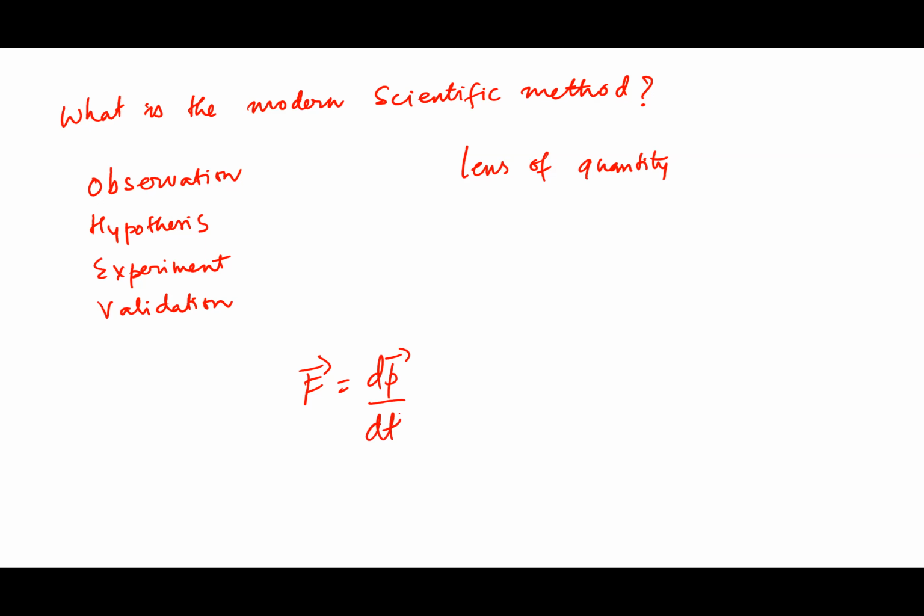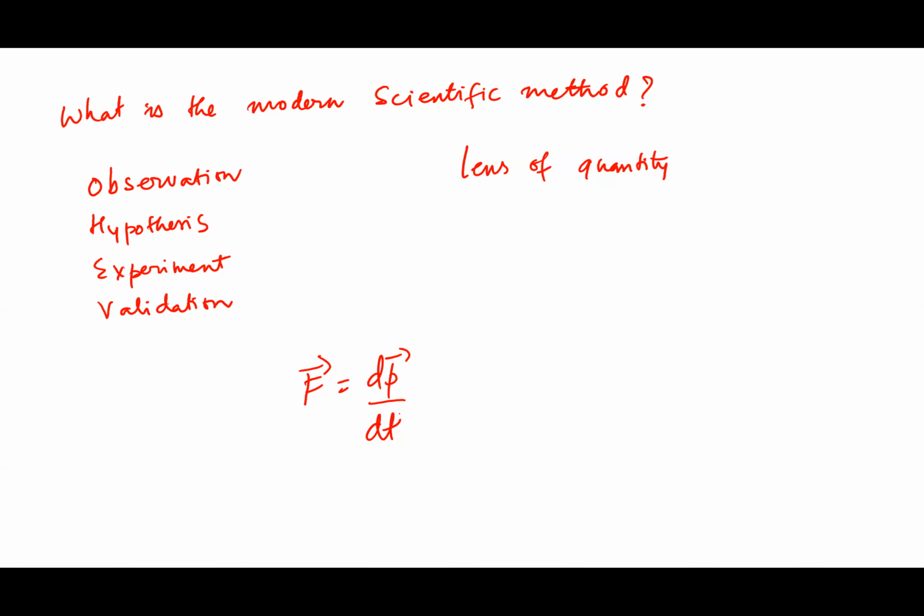This is the modern part. It is not that people did not know that if you push a thing, it will move. They knew that. The modern part is that now you have taken that general understanding that you have observed, hypothesized, experimented, validated. People knew how arrows would land. There have been wars fought long before Newton invented mechanics. They knew where an arrow would land if you shot it from here. They knew how to make bow and arrow. So they clearly had this understanding, but they didn't have this. That's the modern part. You follow me? So this is not wrong necessarily, but this is more like a cartoon image of the modern scientific method.